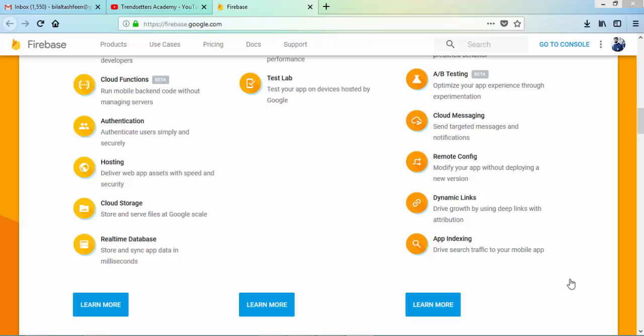So today in this lecture, I will tell you about real-time database. The good thing is, this is the last lecture about the theory, and after this lecture, I will move towards the coding or development side, and I will tell you how we use these real-time database, cloud storage, hosting, authentication, cloud function, whatever the other modules that Firebase is providing us, how we use